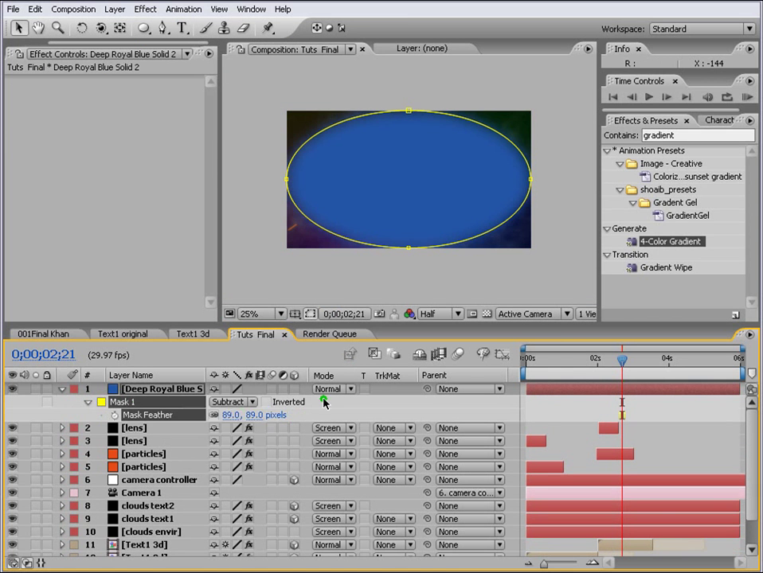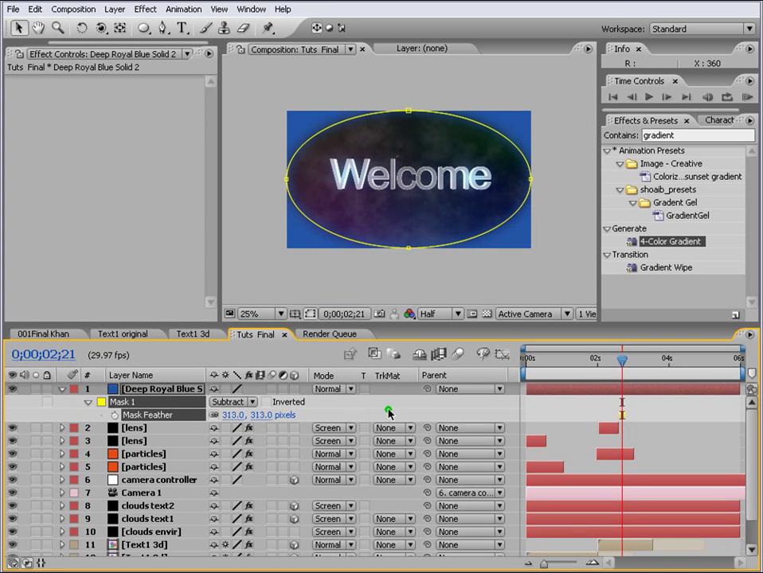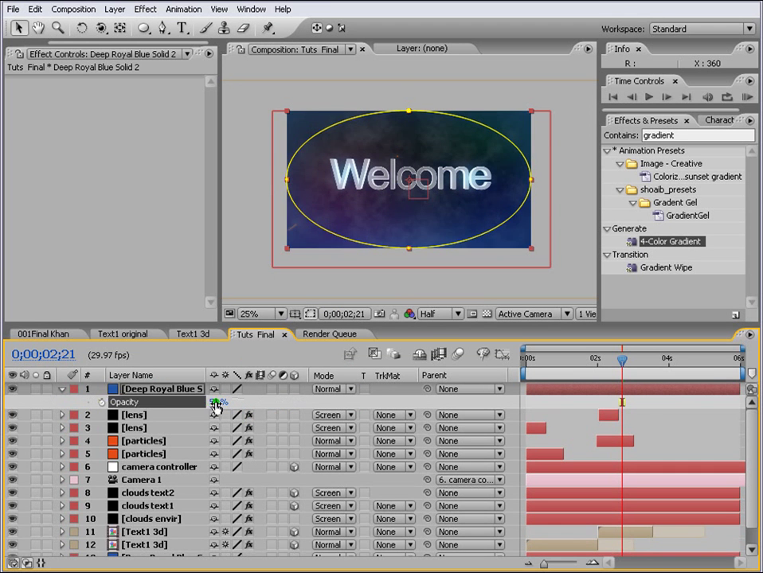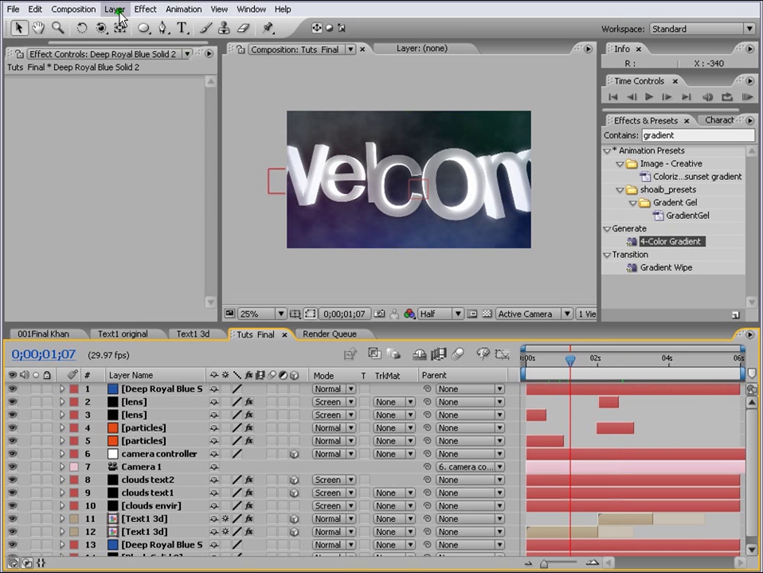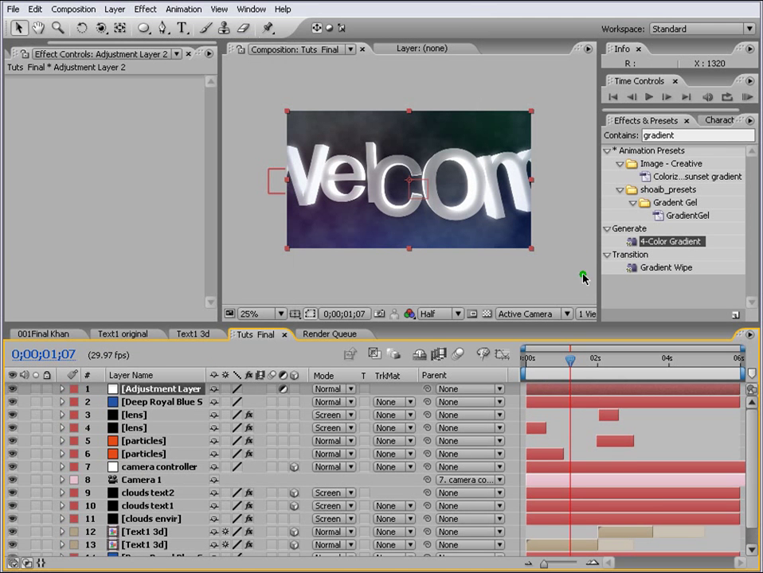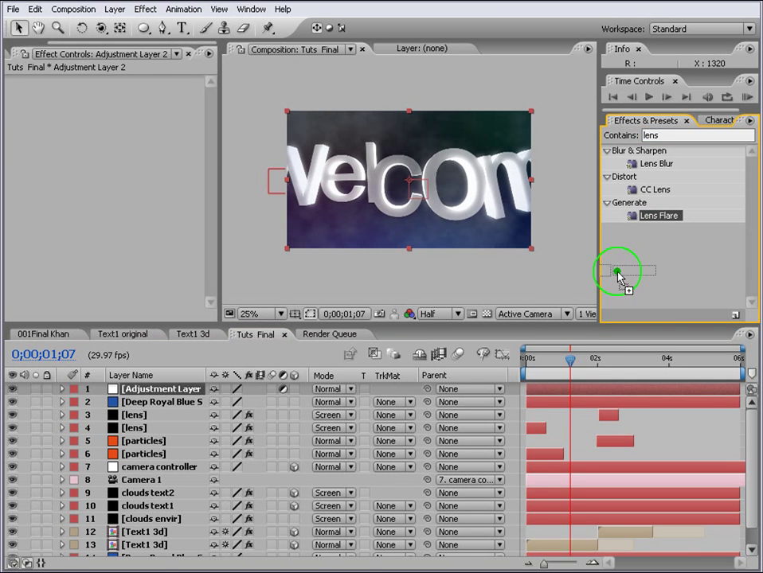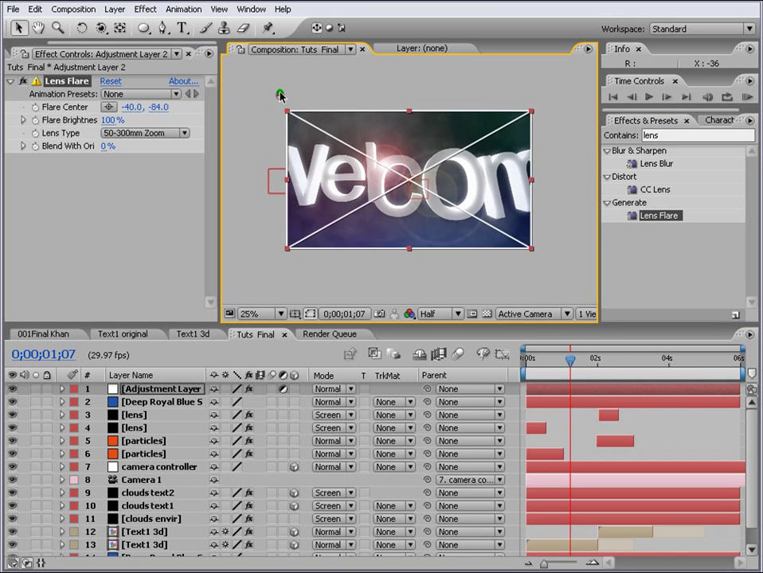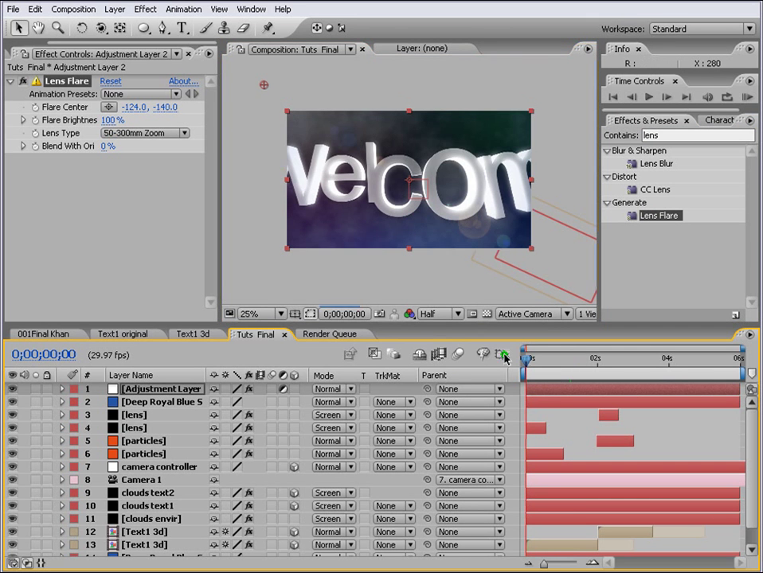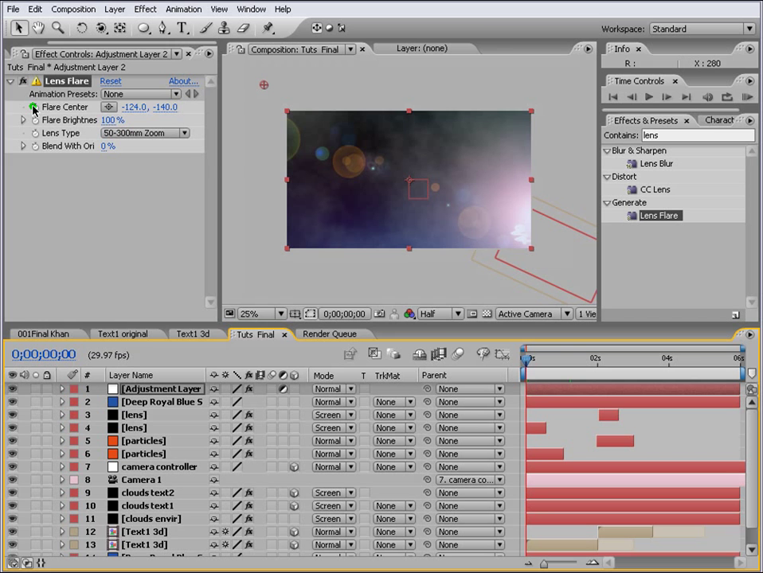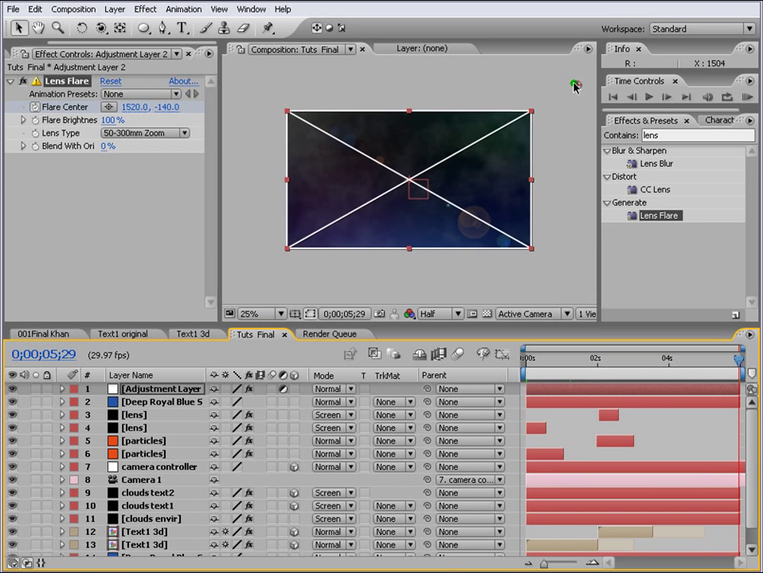and then change it to subtract, and again feather it out, and T on your keyboard, bring it down a little bit, to this. And one more thing we can do is layer, new, adjustment, and we can add a lens flare to it. So it's here somewhere, hovering there, so just go to the lens and put a keyframe here and just go to the end of the timeline,